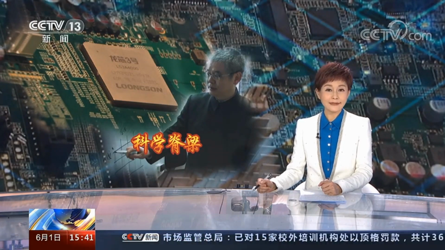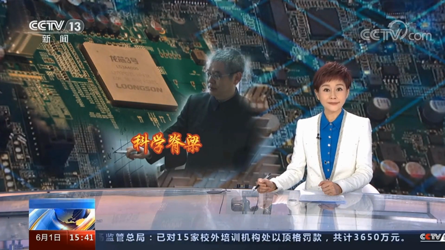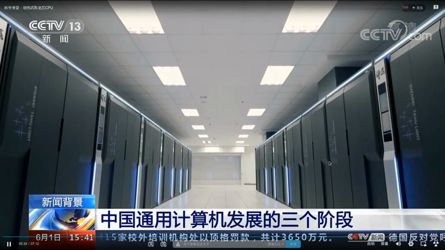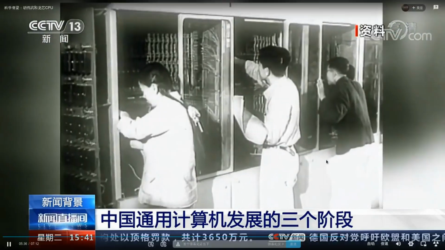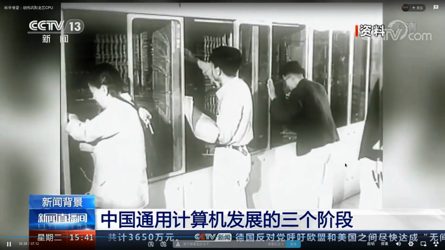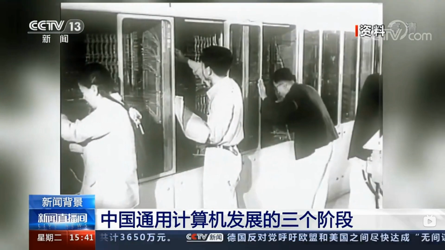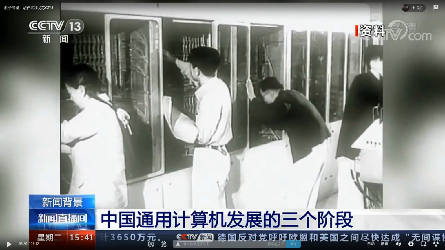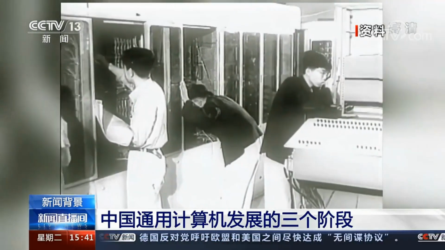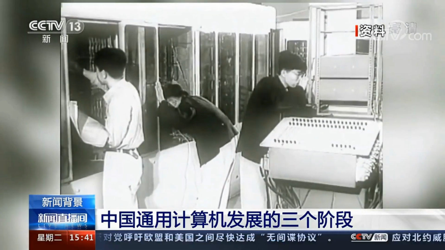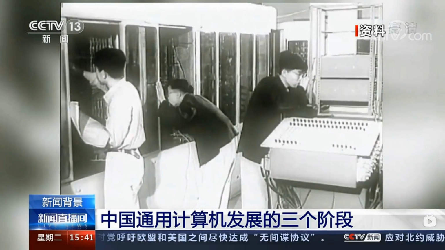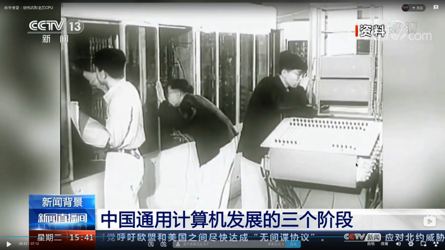Starting from New China's establishment, our computer industry developed generation by generation, better and better. Our general computer development has 3 stages. From the 1950s to 1980s is stage 1.